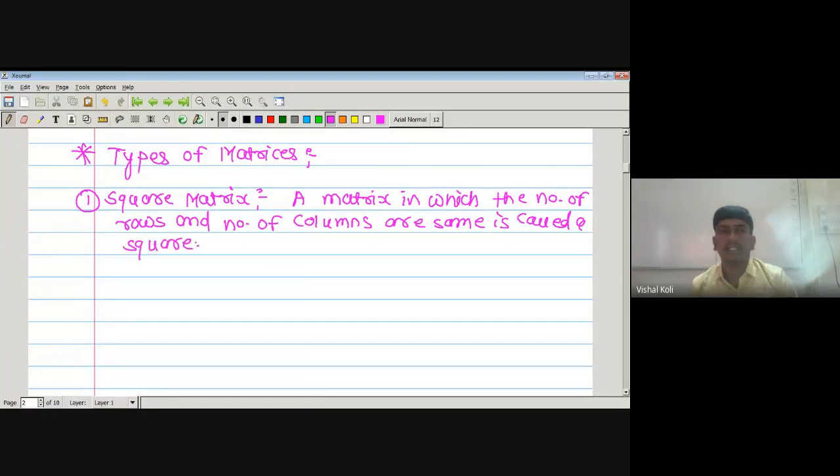So any matrix A is said to be a square matrix if it has the same number of rows and columns. Then the matrix A will be a square matrix. That is, if A equal to Aij be a matrix of order m cross n, then this matrix is a square matrix if m is equal to n. That is, this matrix has the same number of rows and the same number of columns, then only we say that the corresponding matrix will be a square matrix. And if A equal to Aij of order m cross n be any matrix, then this matrix is a square matrix if and only if m is equal to n.